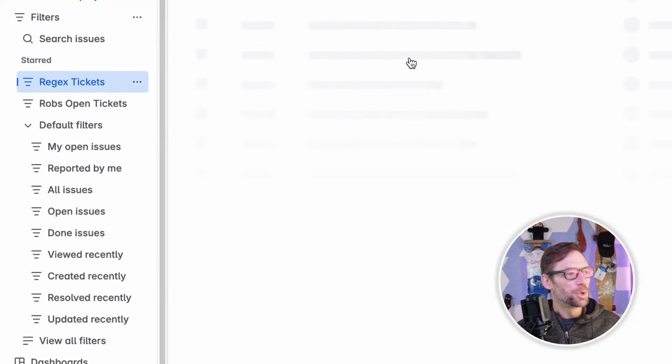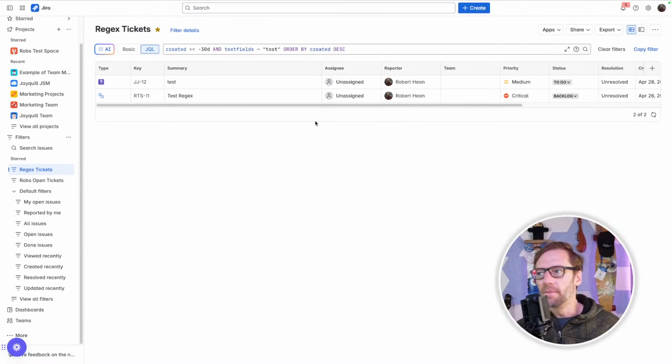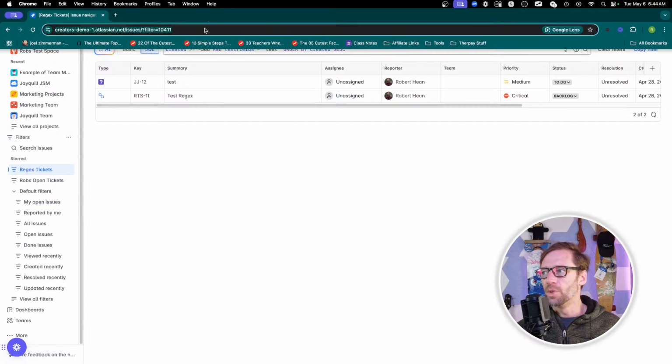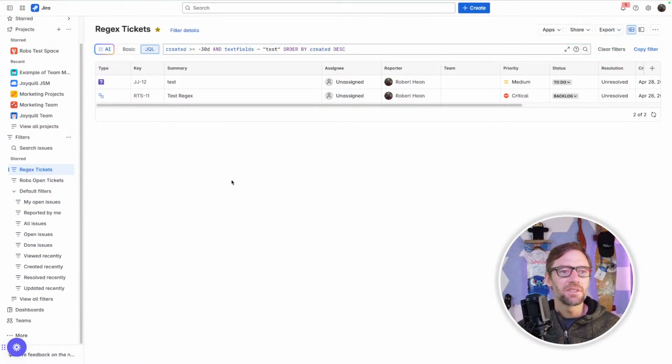Now clicking on the filter runs the filter. And so this is that saved search. And I can share this just by copying and pasting the link. However, if the filter itself hasn't been shared, folks won't see it. Oops, and I'm zoomed in. That's going to be the problem with the zoom. So I can just grab this URL and give it to someone, but unless the filter is shared with them,